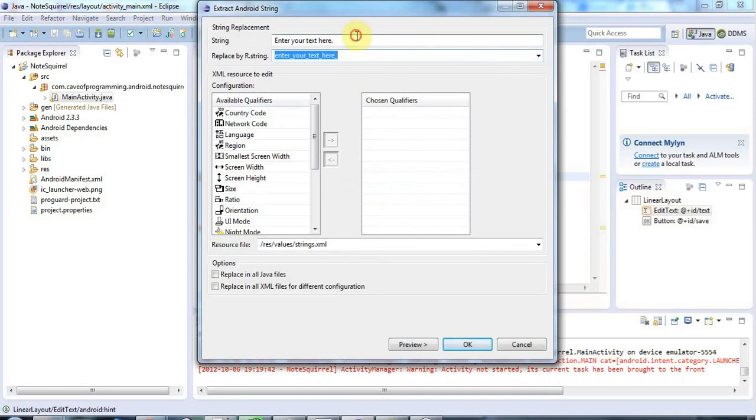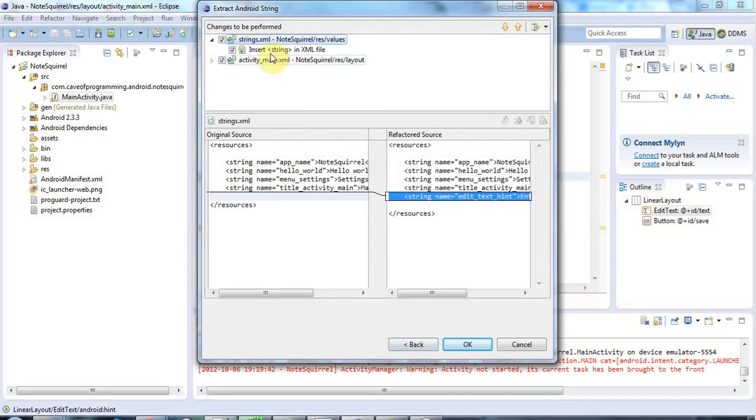So this is the string that I want to use, the actual text, and this is going to be an ID for my string. In this case I'll call it edit text hint or something like that. I'm going to leave this stuff here and I'll click preview,